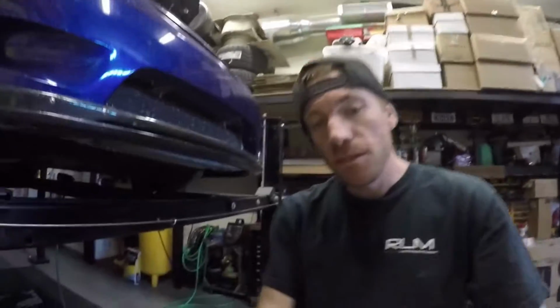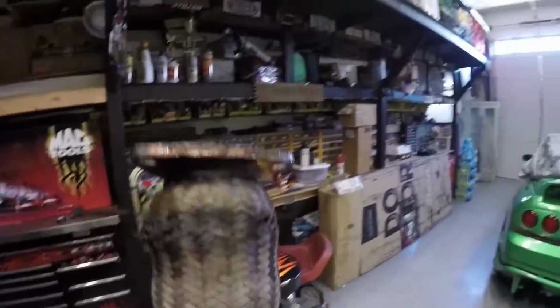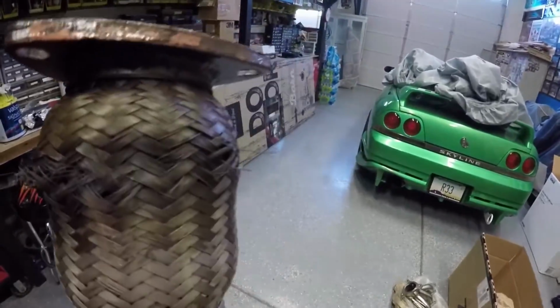All right, so after seriously about an hour, I finally got the exhaust off. It was crazy in there. So finally got this out. Look at this, just a big old hole right through. That's crazy. Gasket is just shot. So you could literally see right in there. Big old hole. May not have been as big a hole as I originally thought, but